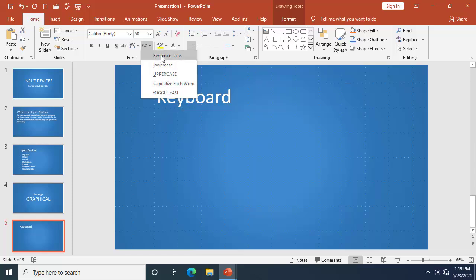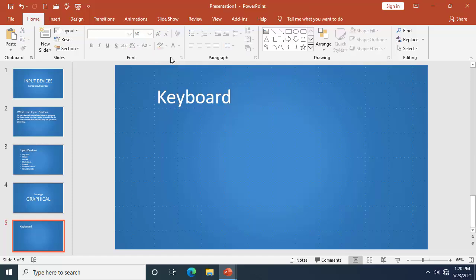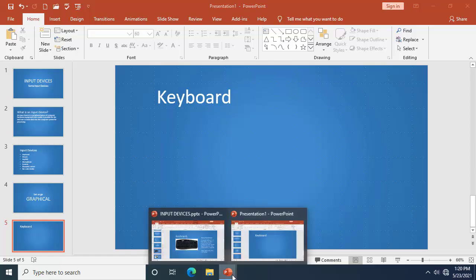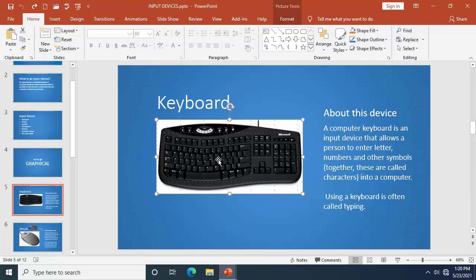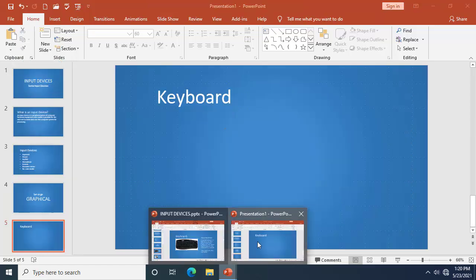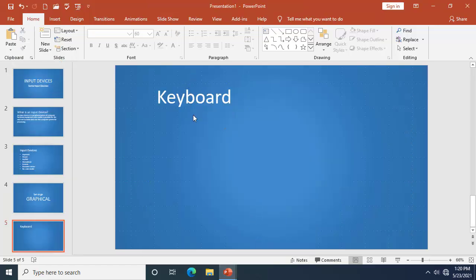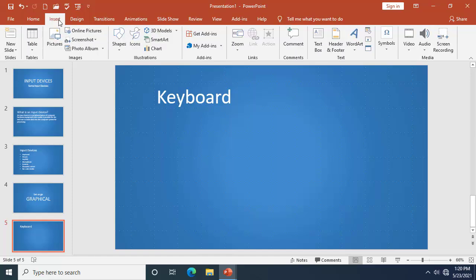Okay, but then the right thing to do is to use sentence case. Now I have this right here. Next, when you take a closer look at our working, we have the keyboard here, and we are going to insert the keyboard. Okay, so let me switch back to my work in progress and make my way to the